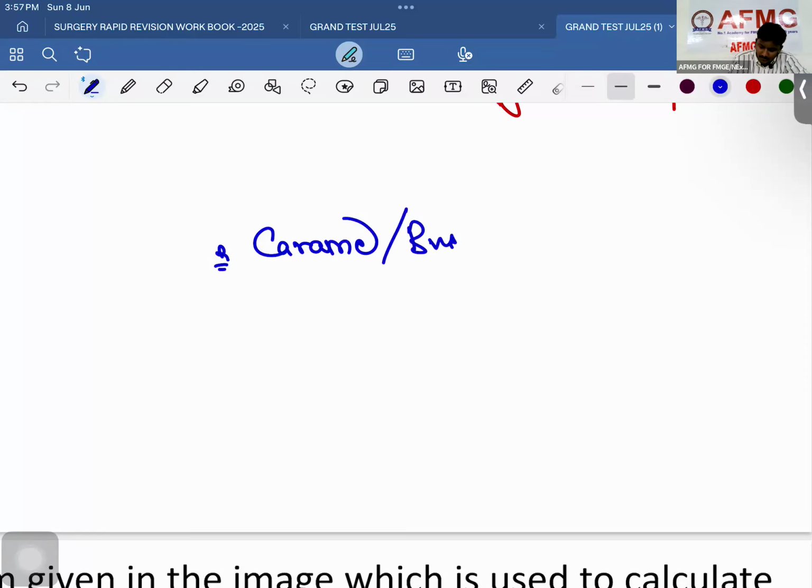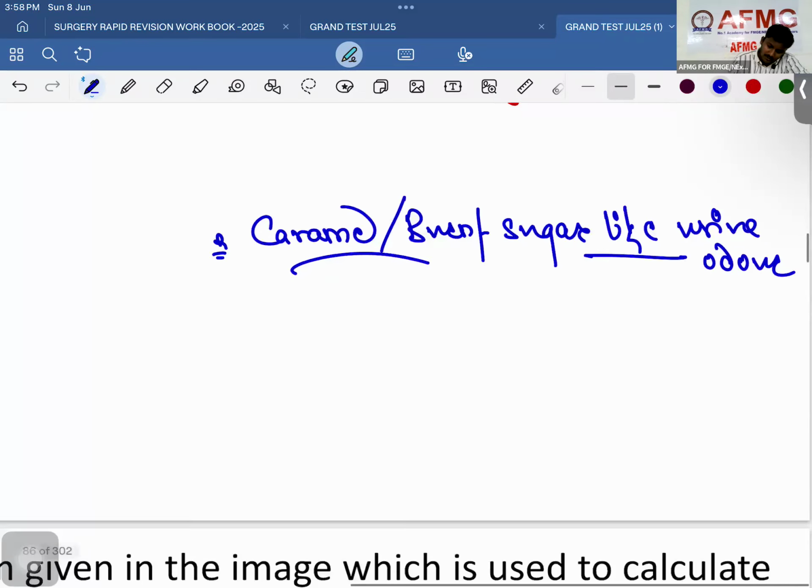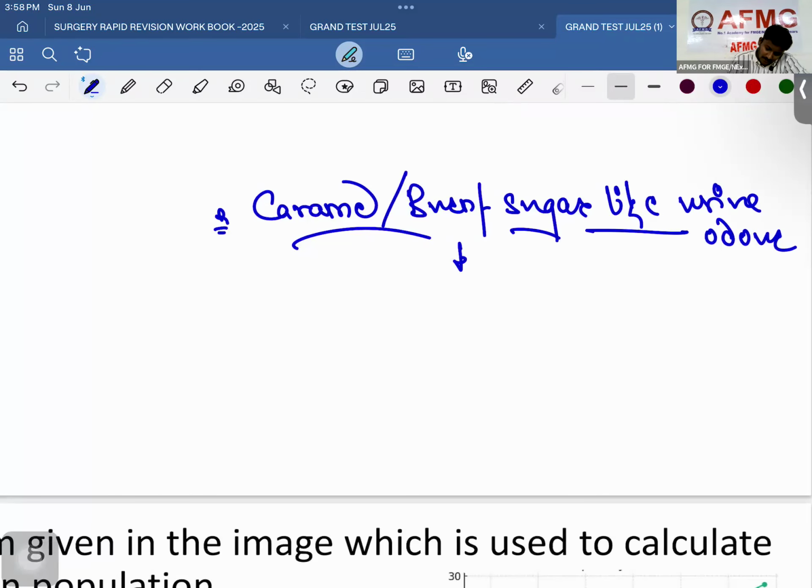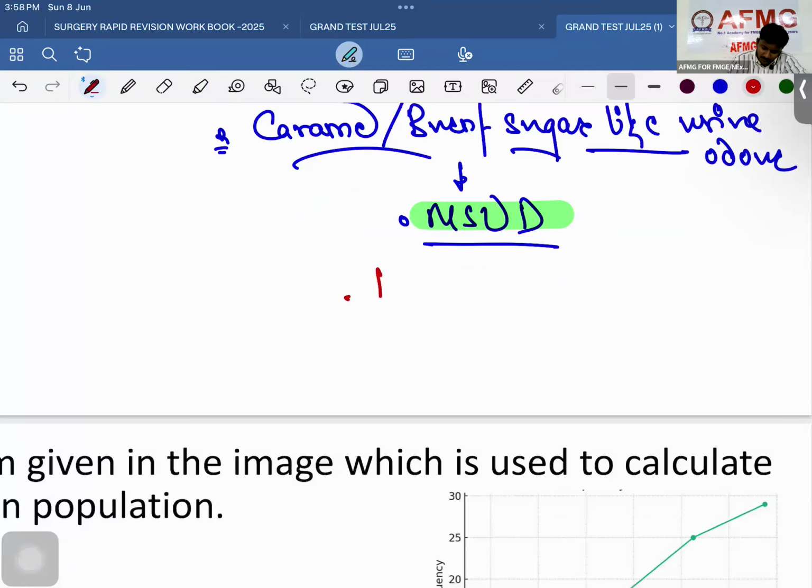ठीक है, तो प्लीज रिमेंबर कैरामल और अ बर्न शुगर लाइक यूरिन ओडर इज अ फीचर ऑफ विच कंडीशन? मेपल सिरप यूरिन डिसीज बेटा. तो कैरामल और बर्न शुगर लाइक यूरिन ओडर इज अ क्लासिकल फीचर ऑफ मेपल सिरप यूरिन डिसीज. एंड मेपल सिरप यूरिन डिसीज की अगर मैं बात करूं, इन दिस कंडीशन डेफिनेटली बेटा द एंजाइम दैट इज गोइंग टू बी डेफिशिएंट विल बी कॉल्ड एज